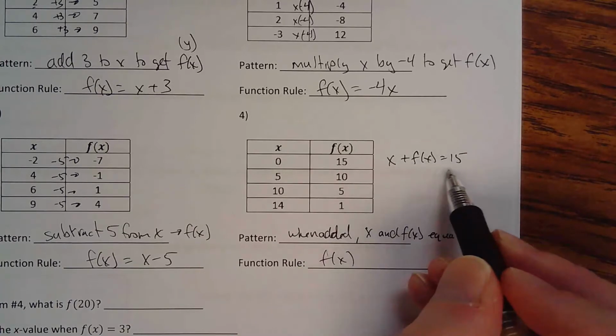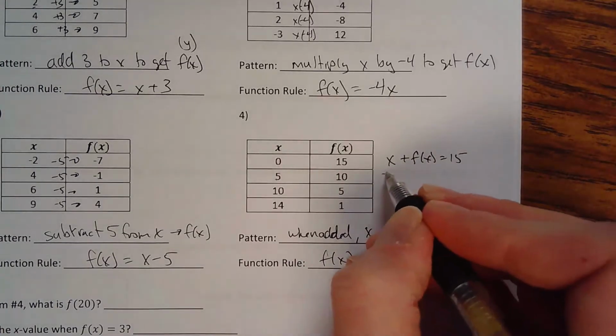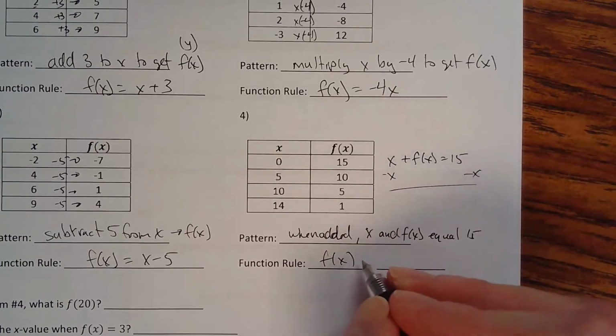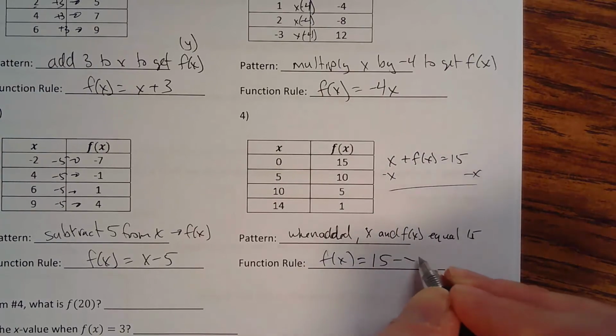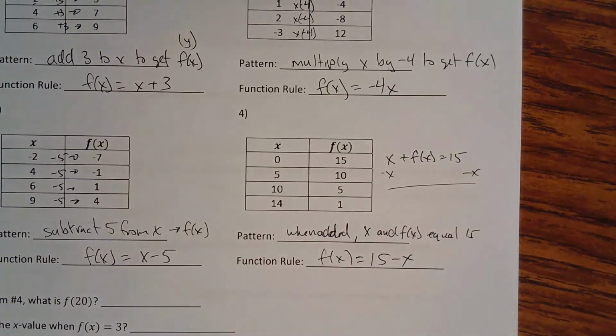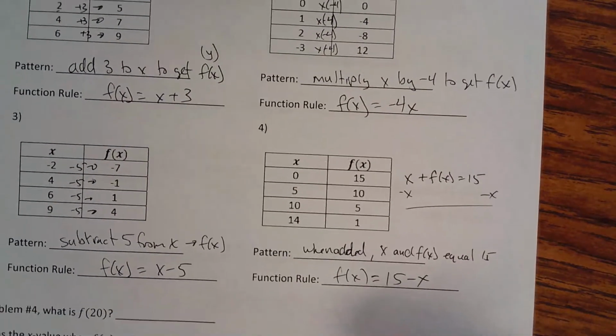Now in this one, I want f of x by itself though. So how do you get f of x by itself in this equation? Subtract x from both sides. Okay, so f of x would equal 15 minus x. And there's your function rule. Okay, so that one's a little bit harder to see. We're not going to throw any of those on you on a test or a quiz and try to really trick you or anything,